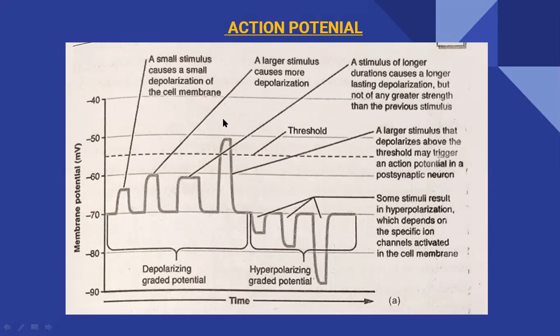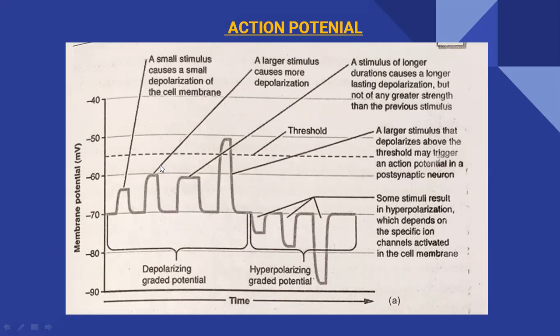So in understanding action potential, so far we have understood resting potential. Two other terms also come into the picture: one is graded potential, another is threshold potential, and the final one is action potential. Graded potentials are the ones with very weak strength, which do not have the capacity of generating or increasing